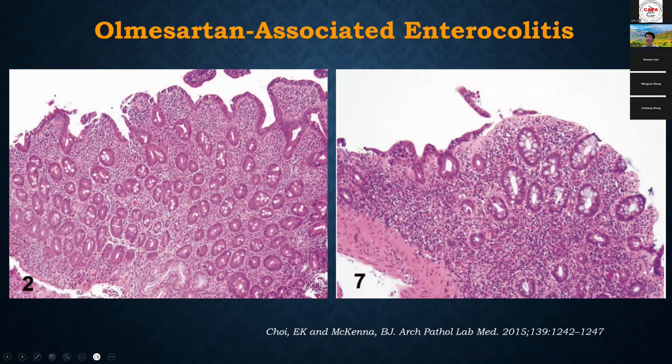And then the third drug is olmesartan, an anti-hypertension drug, and it can cause a variety of inflammatory patterns of injury, including IBD, and sometimes it can look like celiac disease, like this one. It can have villous architectural changes, some IELs, and a collagenous colitis pattern, and of course an IBD pattern. If you have an older patient with multi-organ involvement, you should think about olmesartan first, then IBD.